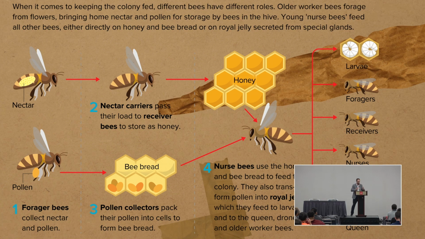So there's this constant foraging that takes place. And when you look at just the production alone, I think they've calculated it takes about 10 million flowers to produce about 2 liters of honey. So you can imagine the process by which you have all these different entities and endpoints and assets out there collecting this data and bringing it back to that centralized facility, right? And that hive itself is the data center where all the precious food, all that data, is stored.